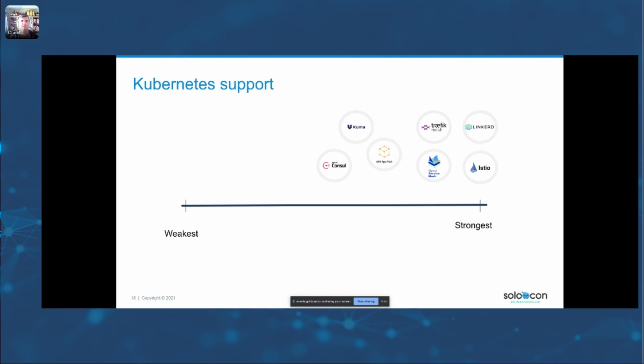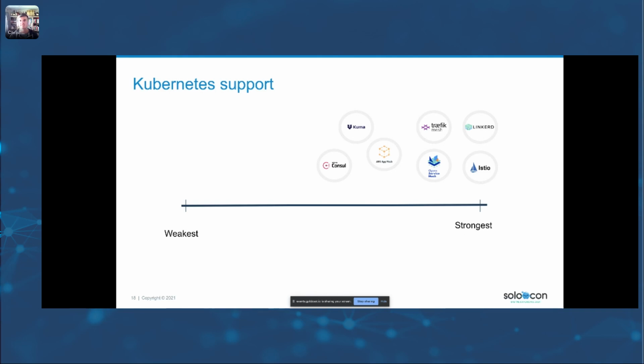Being able to inject the sidecar next to your workload in Kubernetes so that it becomes part of the pod, actually running the control plane, running all the components, and managing them the same way you would any other Kubernetes workload. Being able to run on a public cloud Kubernetes, or your self-managed, or a prepackaged vendor Kubernetes, and so on. So, like I said, it's not a surprise, but Kubernetes support is where a lot of the service meshes typically